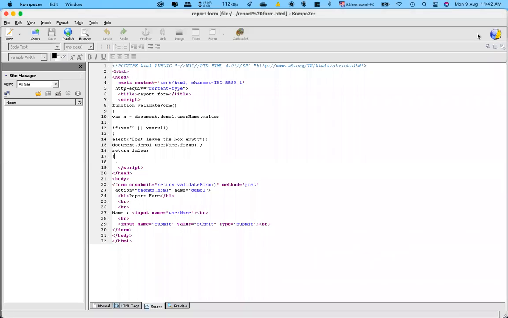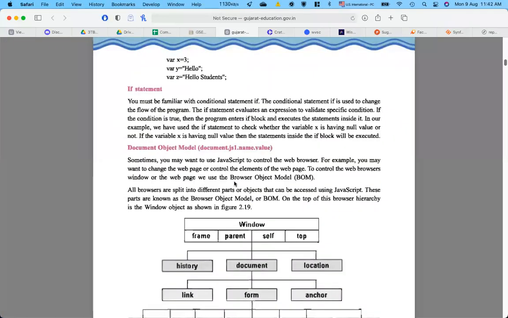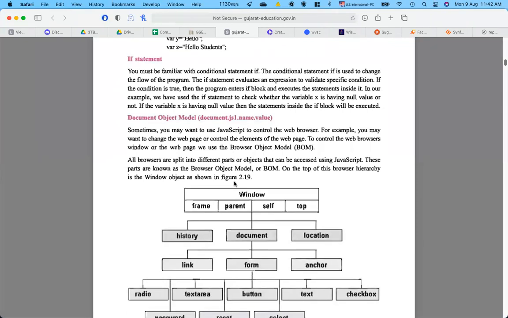Why? Because in my case, when these conditions are not met, I want the user to go back and just correct his form. So here we can see the if statement is easily understood, and its working is also explained through our simple example which we have done.